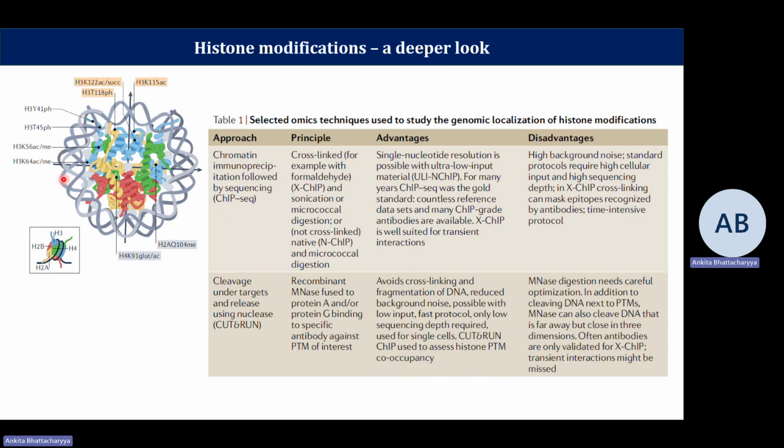You can see that certain residues carry certain modifications, for example H3K122 succinylation, H3K115 acetylation, tyrosine phosphorylation, etc. And if you look at the images we were looking at till now, the modifications we talked about seem to be present within the N-terminal tails, which are projecting out. But what is also important is that apart from the tails, some interactions also occur within the core